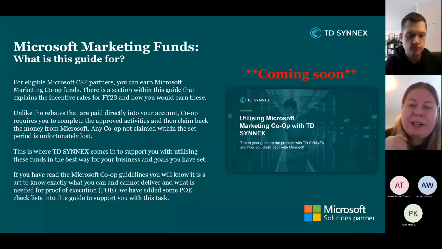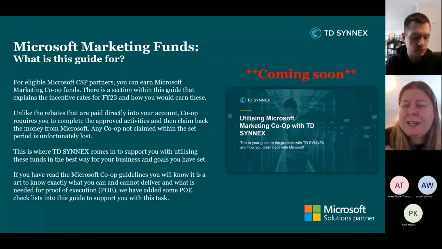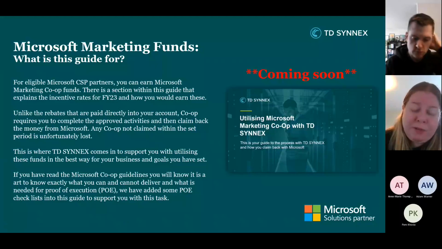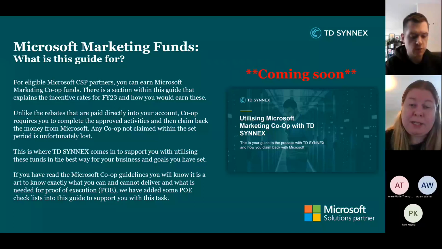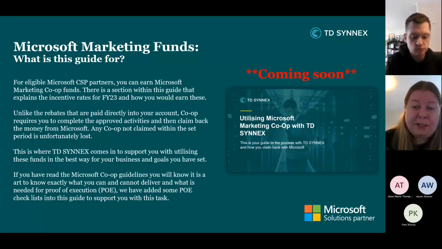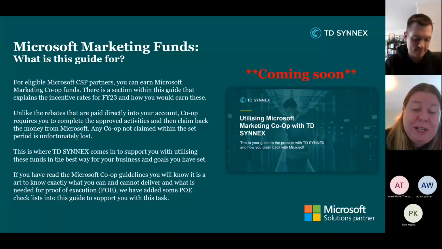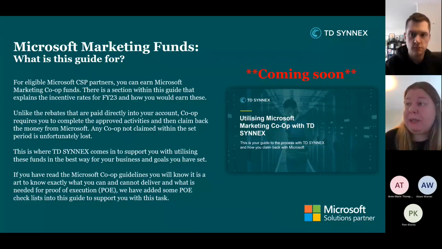I've actually created checklists. So if you were doing, say, a call-out day for your sales teams, or a live event or a webinar or anything, it goes through the different areas, so you can make sure that you're ticking all of those bits off, and then you shouldn't have a problem when it comes to claiming. If you don't earn co-op and just get a rebate, you can still utilise some of these marketing activities through that rebate funding. You just wouldn't have to worry about all of the POE and admin that goes with claiming. So it was just a heads up to let you know that this book is coming, and as soon as it is, I will make sure that you all get a copy.